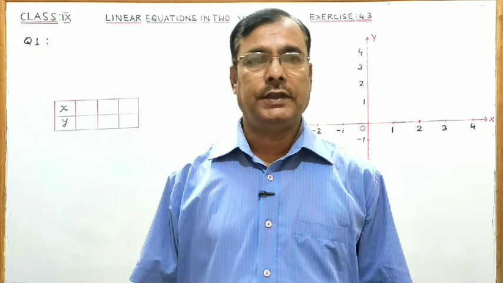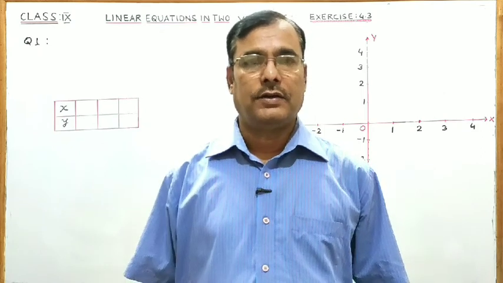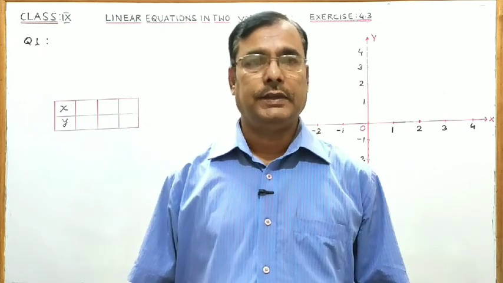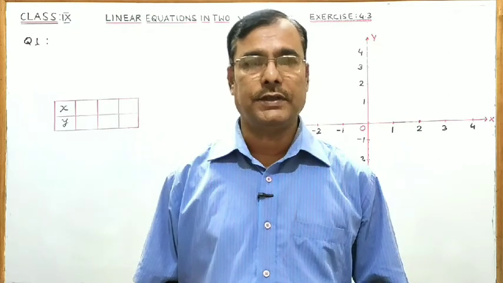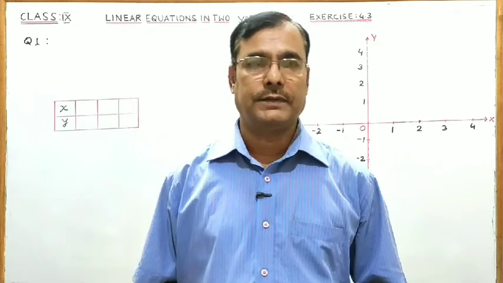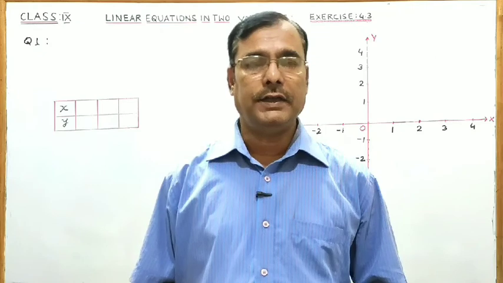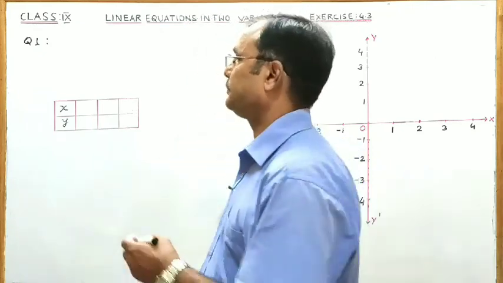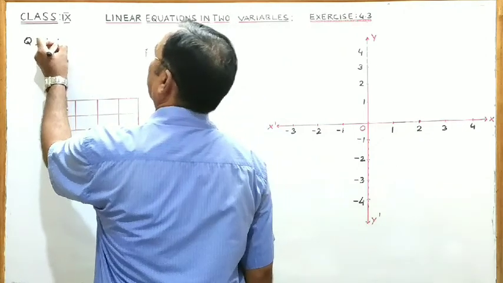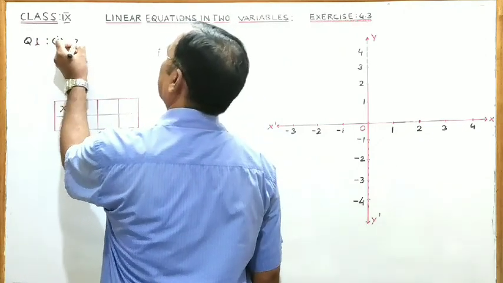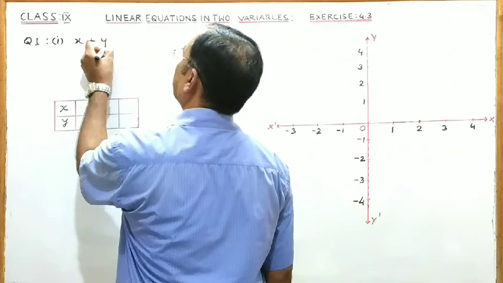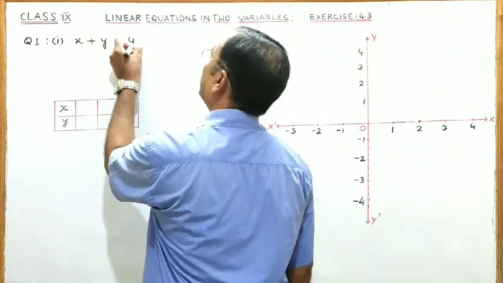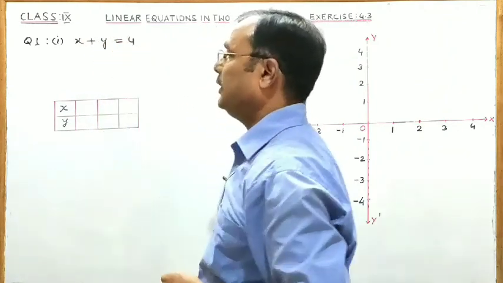Exercise 4.3 question number 1. Draw the graph of each of the following linear equations in two variables. First part, given linear equation is x plus y equal to 4, and we have to draw